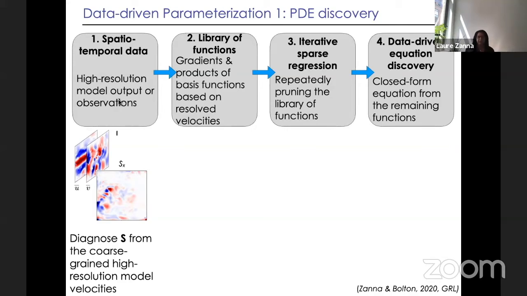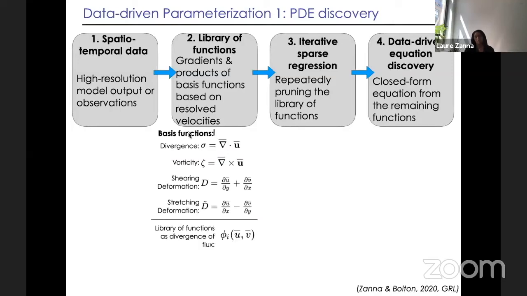So, it's not like us, but the algorithm is not going to think about which equation. What it needs is more data to show what the mathematical quantities look like in terms of data. So what we give the algorithm are more pictures of data that will represent part of the physics that are important. So it's going to be the divergence and the vorticity and the shearing deformation.